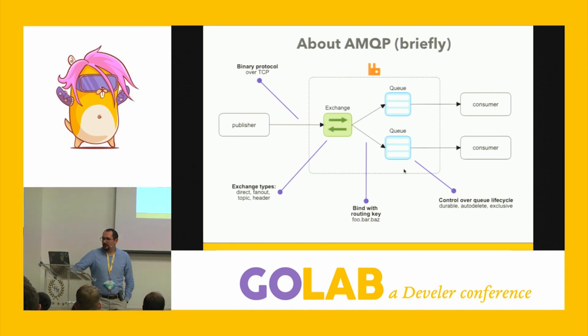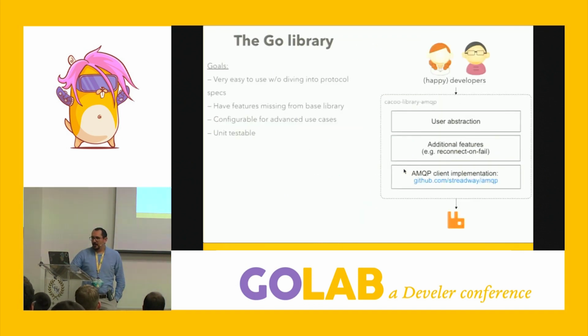And so that limits basically the accesses that you can have on that queue. This is relevant for RPC, for example. We'll see how. So then what did we do? So after this, we developed a simple Go library, which allows us to abstract some of the complexity that is